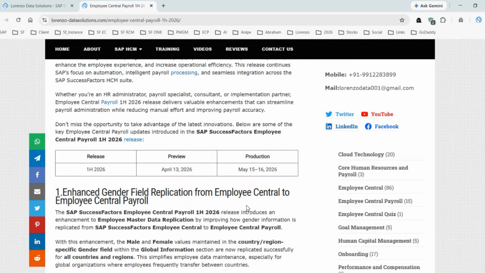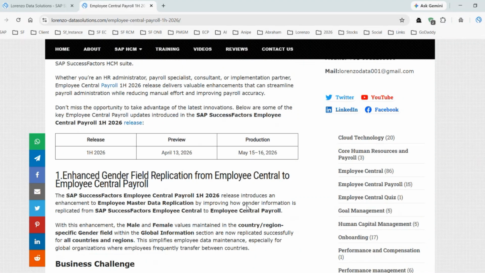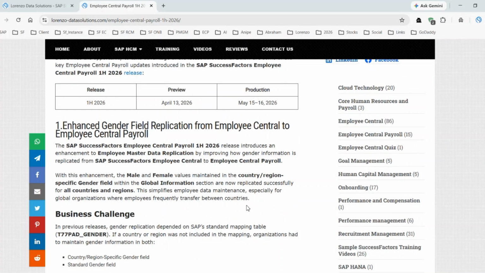And as everyone is aware, the preview release is April 13th, and the production release is between May 15th and 16th of 2026. Okay, now let us first understand the first enhancement, that is gender field replication from Employee Central